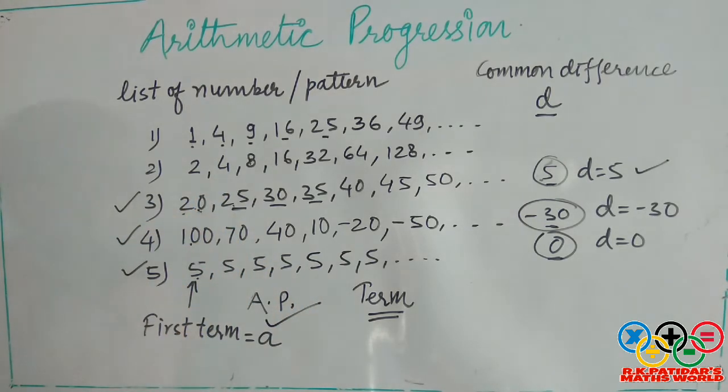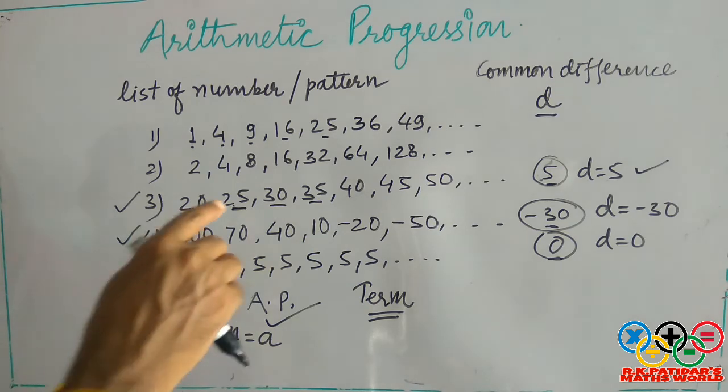Okay, तो हमारे पास जब क्वेश्चन आएंगे तो AP इंक्रीजिंग है या डिक्रीजिंग है, इससे हम पता लगा लेंगे कि जो कॉमन डिफरेंस है वो पॉजिटिव मिलेगा या नेगेटिव मिलेगा. कभी कभी हम कंफ्यूज होते हैं कि माइनस कैसे मिल गया, प्लस कैसे मिल गया. तो थोड़ा सा हम ये भी देख लें कि इंक्रीजिंग AP होगी तो कॉमन डिफरेंस पॉजिटिव होगा, डिक्रीजिंग AP होगी तो कॉमन डिफरेंस नेगेटिव होगा, और अगर कांस्टेंट होगा तो कॉमन डिफरेंस 0 होगा.